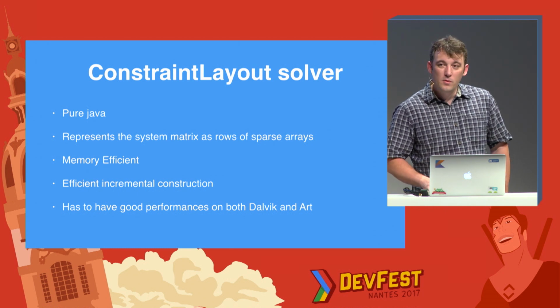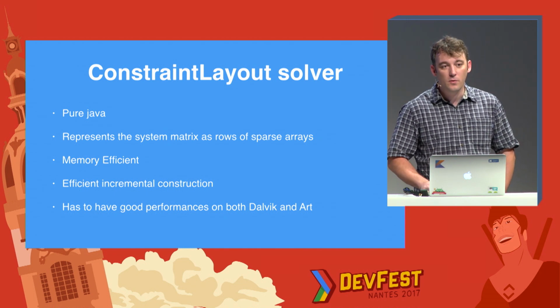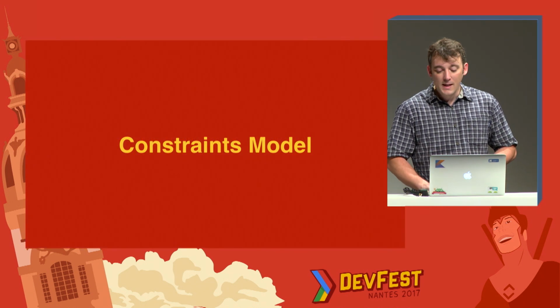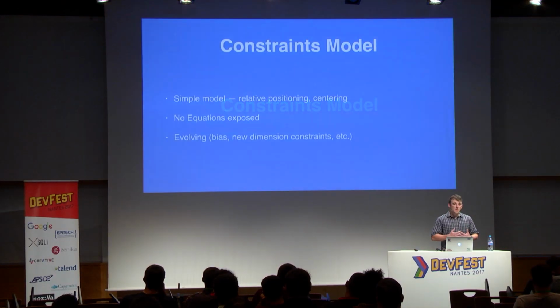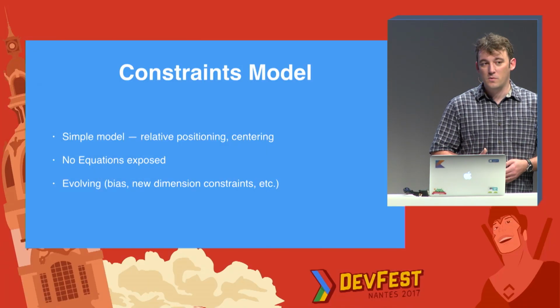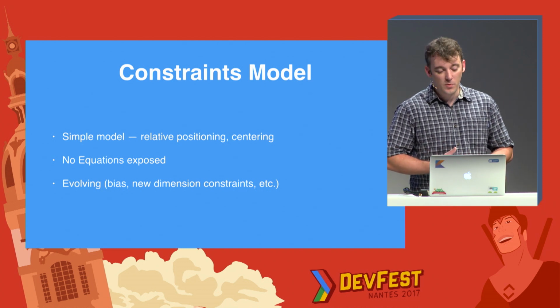But more importantly, or more unique compared to other systems that follow a similar approach, we came up with a constraint model. The idea here was to come up with a very simple model, something that may not be as powerful as if we gave you access to the entire equation solver, but would still be better than what you had before, and at the same time simple and easy to understand. So that was the idea. And we don't want to expose the equation because we thought that may not be conducive to the best experience as developers.